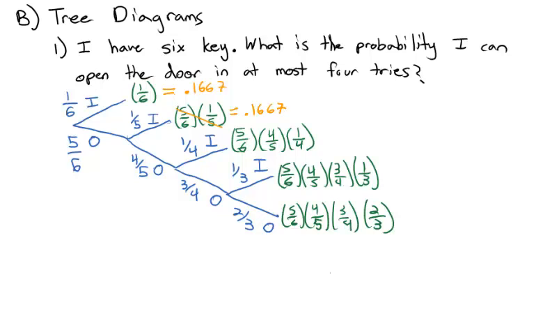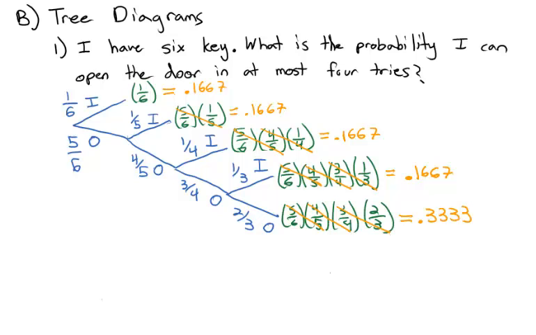Getting in on the third try, you'll notice the 5's divide out and the 4's divide out, so we have 1/6, which is 0.1667. The fourth, you'll notice the 5's divide out, the 4's divide out, the 3's divide out, and we're left with 1/6. So that's 0.1667 again. And then you'll see the 5's divide out, the 4's divide out, the 3's divide out. We're left with 2/6, which is 1/3,